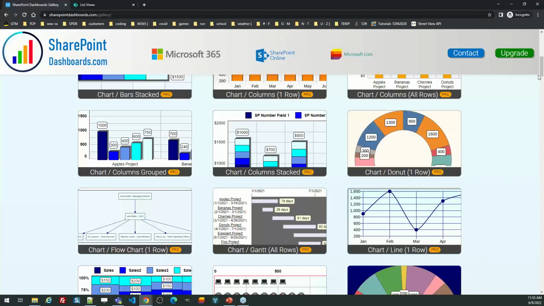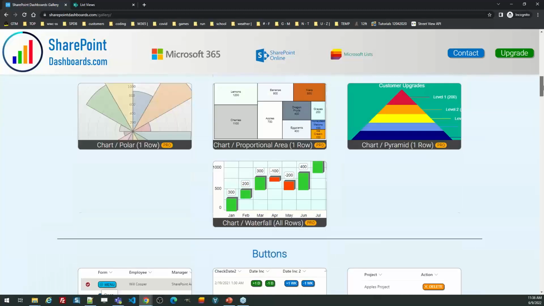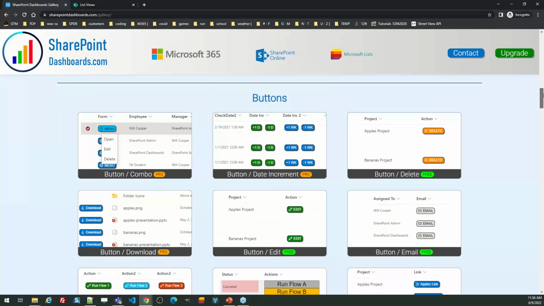So for any of you guys out there who've been wanting to incorporate charting into SharePoint, it could be that Power BI is too expensive or too complicated. You haven't necessarily wanted to do that. And of course, out of the box, SharePoint only provides maybe one or two extremely simple charts with no configuration options. So this is a charting solution if you want to add that to SharePoint